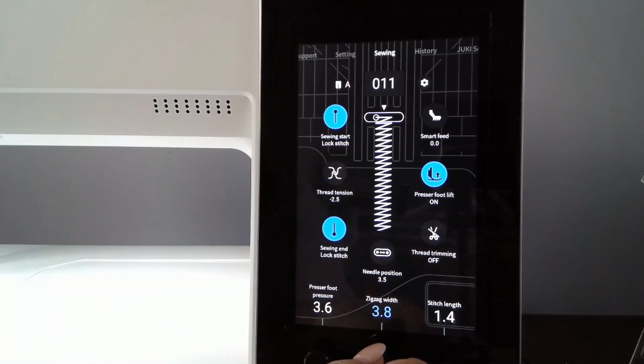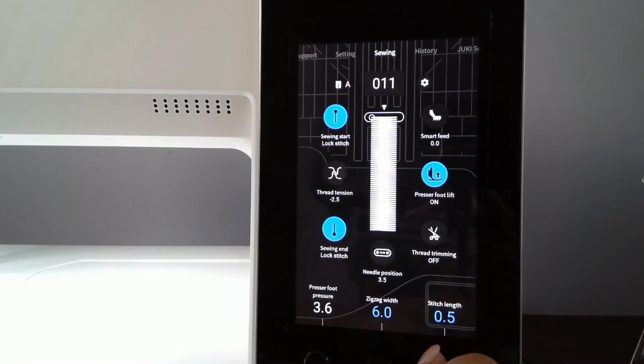The zigzag width, set this between a 6 and a 7. This is set to your liking and to the project that you're working on. I'm going to select 6. The stitch length, you want to bring that closer together. I'm going to select